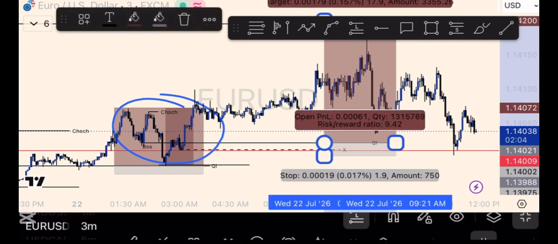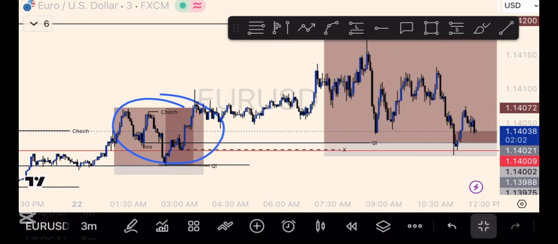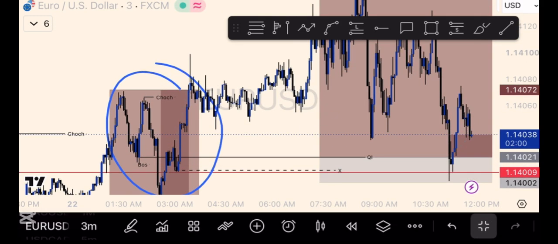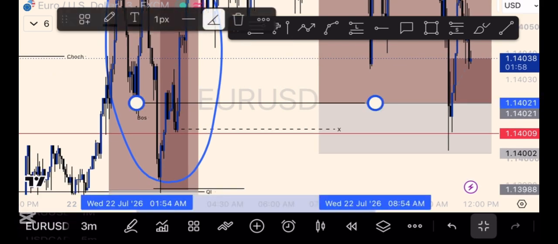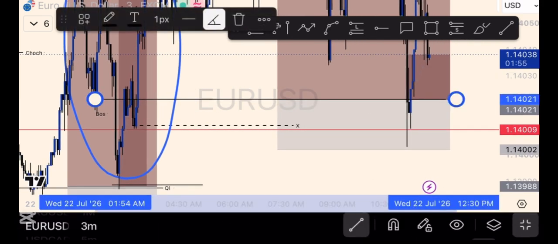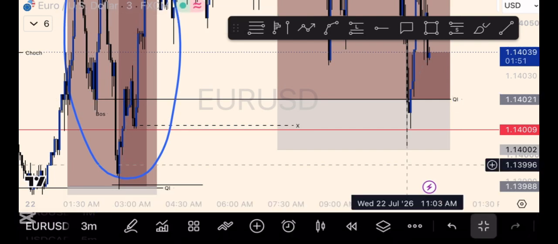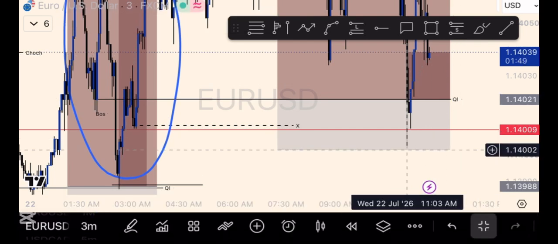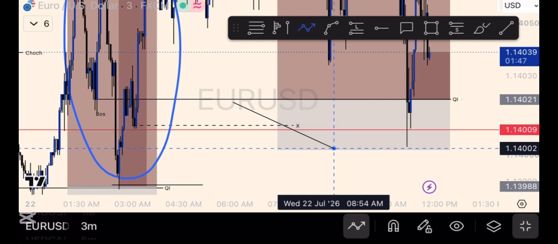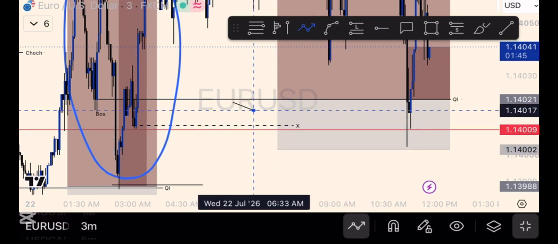And you see, price came into our zone nicely, and was even close to my stop loss. But in real life, in my MT5, I didn't put my stop loss right there. I didn't put my stop loss right here,